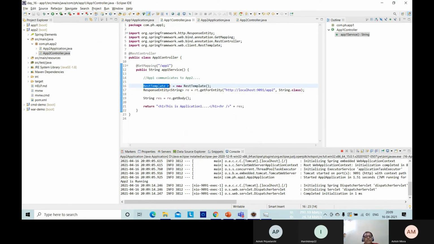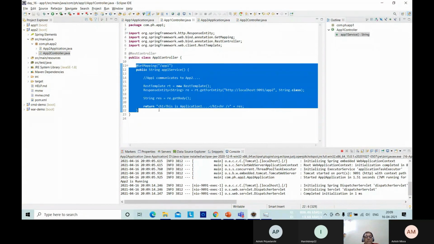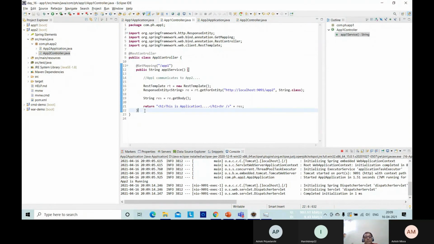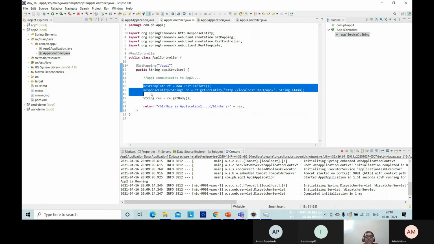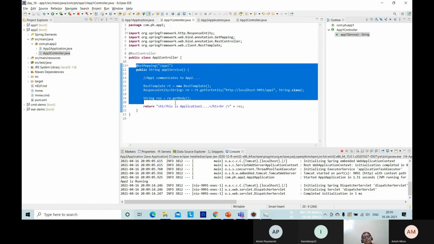Now, this controller can have any number of services, service 1, service 2, service 3, and so on. And when it has any number of services, these two or three lines have to be written repeatedly in every service.